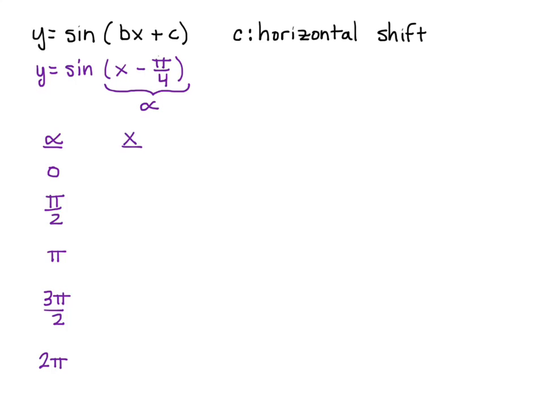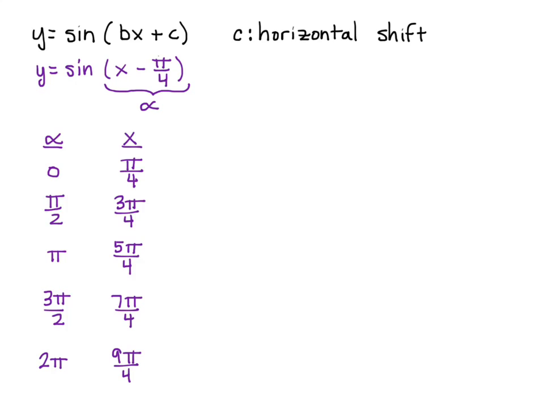But what happens to x? If we want alpha to be 0, what does x have to be in order for that expression alpha to be 0? Pi over 4. Right, because then you have pi over 4 minus pi over 4. And so if we add pi over 4 to each of those values, and this is where you get really good at adding up fourths and halves and reducing fractions. So pi over 2 is 3/4